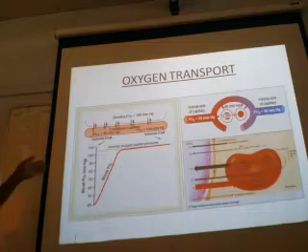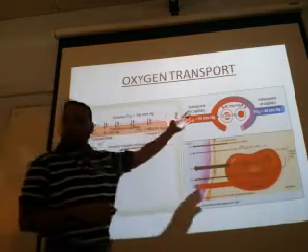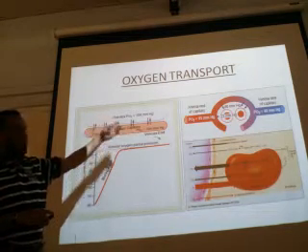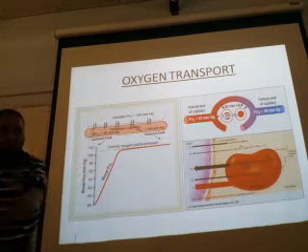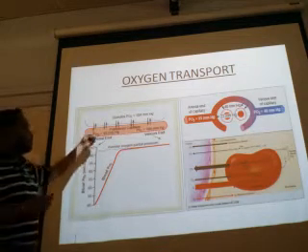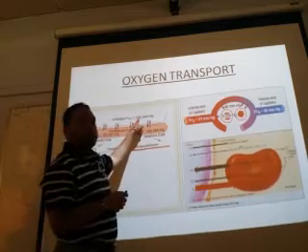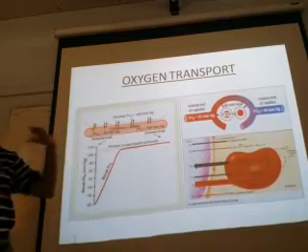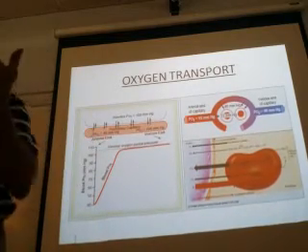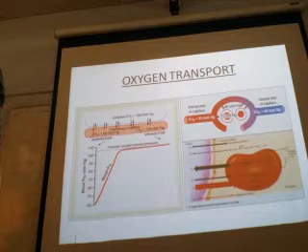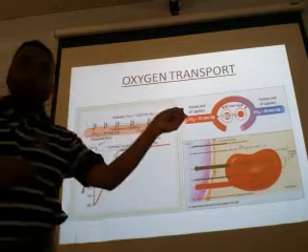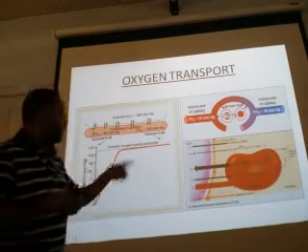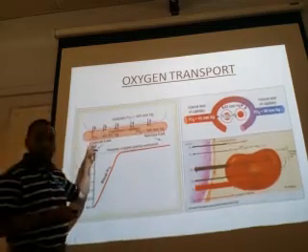Now the same thing, like we had seen in the case of carbon dioxide transport. Let us start with the lung level, and then we will go to the tissue level, because oxygen transport is like that. In the alveolus, the partial pressure of oxygen is 104. Why? Because of ventilation, because the alveolus is being ventilated from air coming from outside. Air partial pressure will be almost equal to the partial pressure in the alveolus. Now this is the arterial end of the pulmonary capillary.